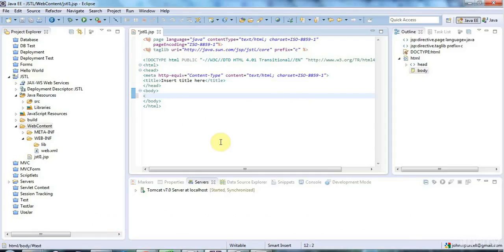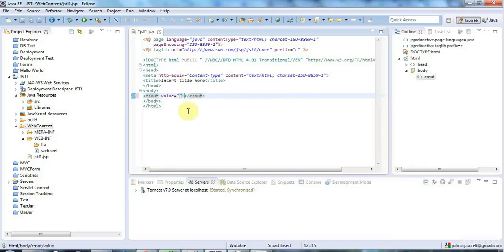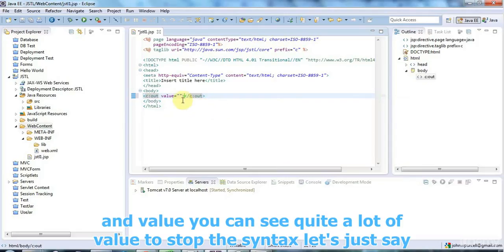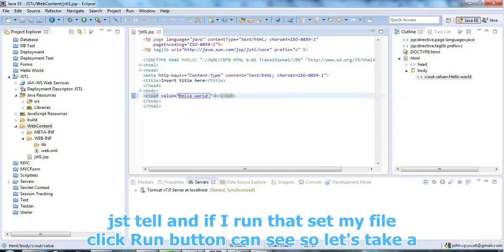An angle bracket, c:out, and let's hit return here and see if it auto completes. c:out has a value there, and you can either use a closing c:out tag, or you can put a / here and have a self-contained tag. You can do quite a lot with the value, but here let's just output some text. Let's just say hello world JSTL,